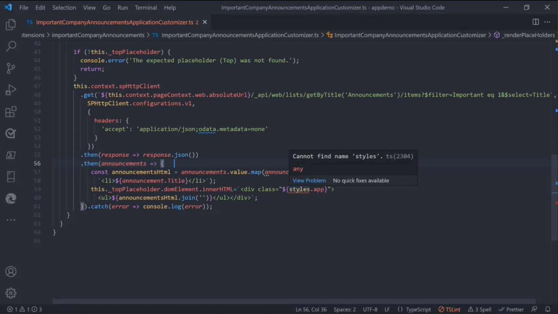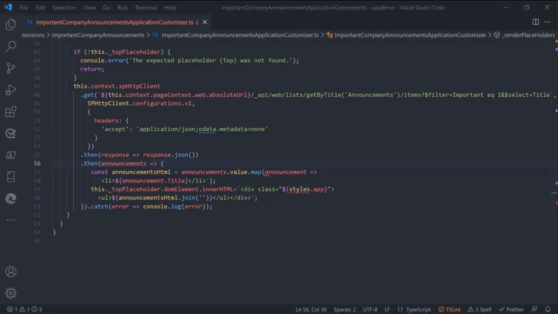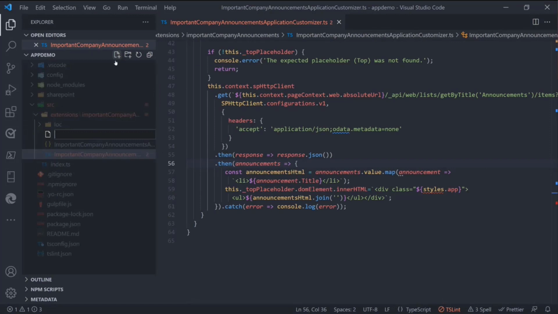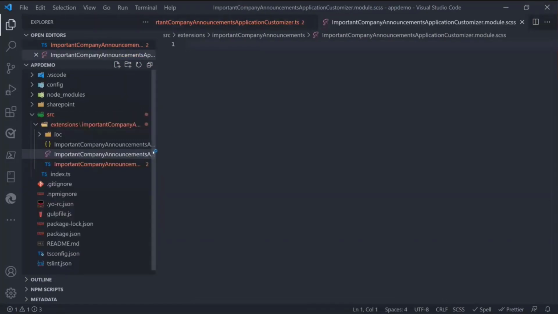So let's go back to the solution structure, and let me create one new file in this folder. And let's name that important company announcement